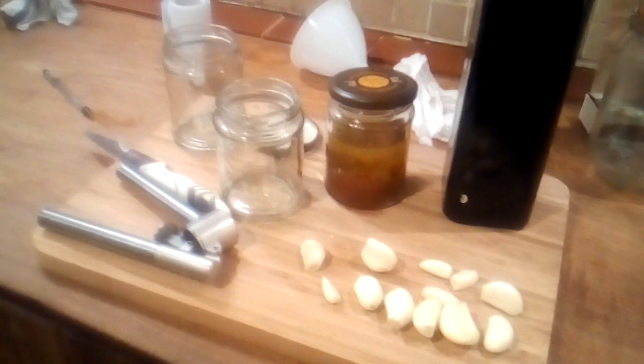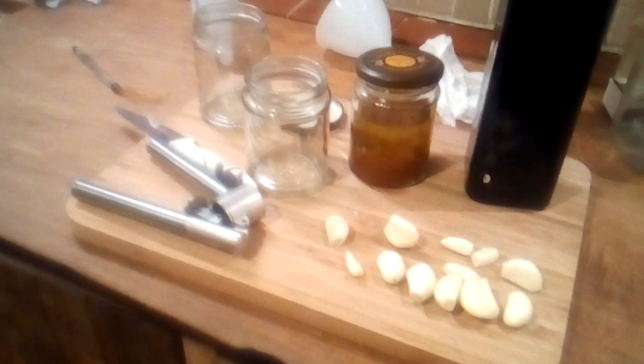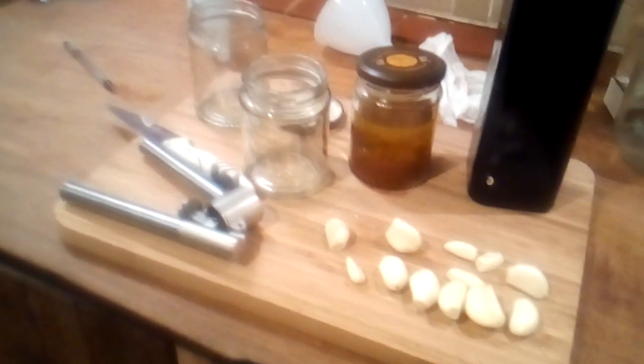And it's also good for the liver because it's so full of sulfur, it's going to give your liver a little detox as well. So I made some already, which is here in this jar, and it's just been sitting in olive oil for the last month or so. And so I'm going to strain it into a clean jam jar and discard the garlic, which first of all